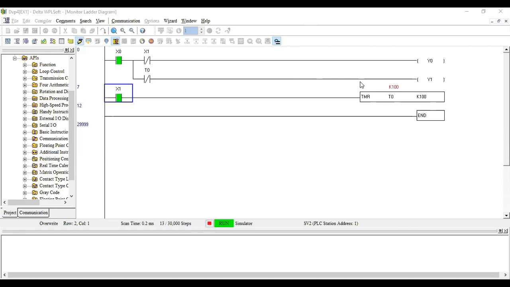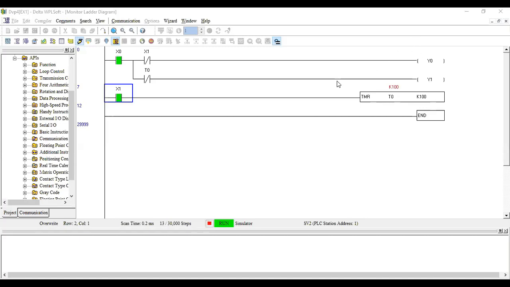Okay, thank you. Hope you're able to follow what I'm sharing with you all. The logic, you're able to understand how we are using the timer. Do you have any queries as of now? How to use this basic timer by using this particular software, WPLSoft. The software is completely freeware. You can download it. It will work without any restrictions. Further, you have an option in WPLSoft. If you have the Delta PLC, you can interface in real time and get the output.